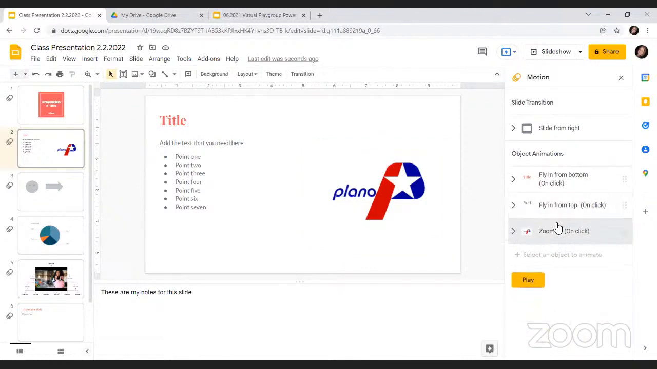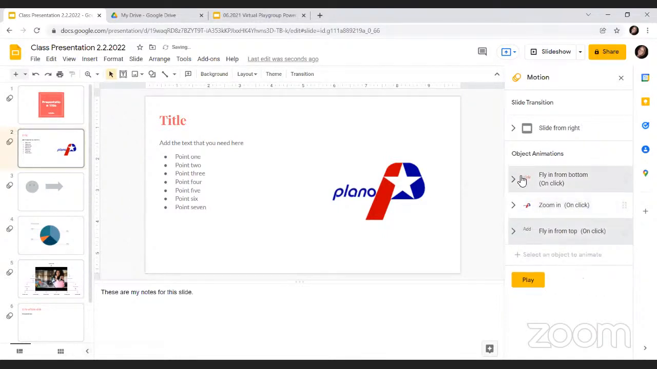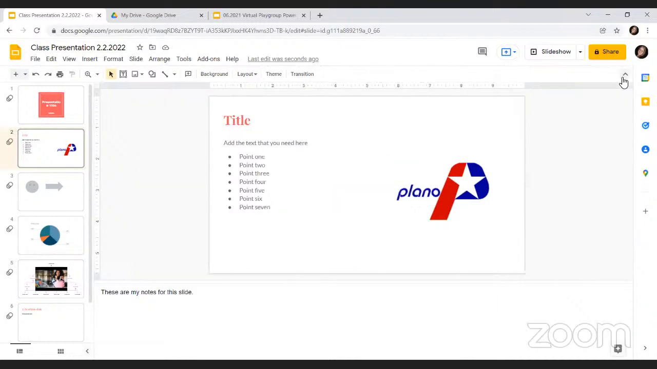Now let's say that I want my image to appear before my text. I can use these six little boxes on the side, drag and drop, and rearrange the order that information animates on my slide as well. Once I have all the changes that I want, I can just close that menu and everything has been applied